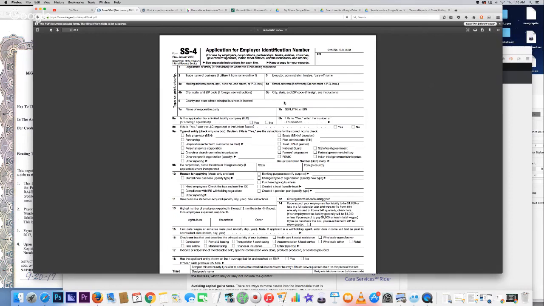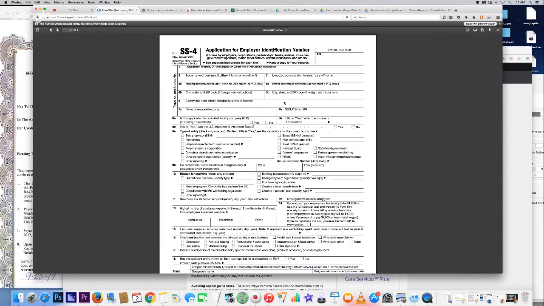So write the number down, and use Photoshop. Take the actual PDF version of one of these. Upload it to Photoshop, wipe that out, and put the real number there. It's a valid number. You know what I'm saying? Put that right there, and just make sure the address is correct and corresponds to the actual EIN address. Now, because you're gonna have to do that if you don't receive your letter,